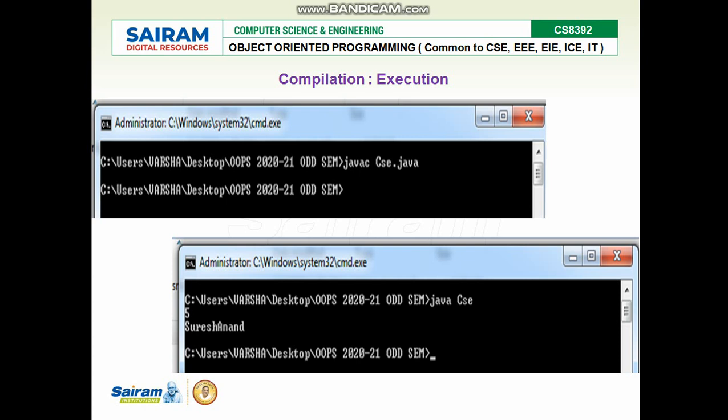After class file generation, to execute, java space your file name, which is going to generate the output. This is the output I gave over there, displaying the ID and the name. So this is how a simple Java file can be created and saved, a permanent path has been set, and I call the javac compiler for compilation and the Java interpreter for execution. So I think you got an idea of how to compile and execute a Java file with the permanent method of path setting.